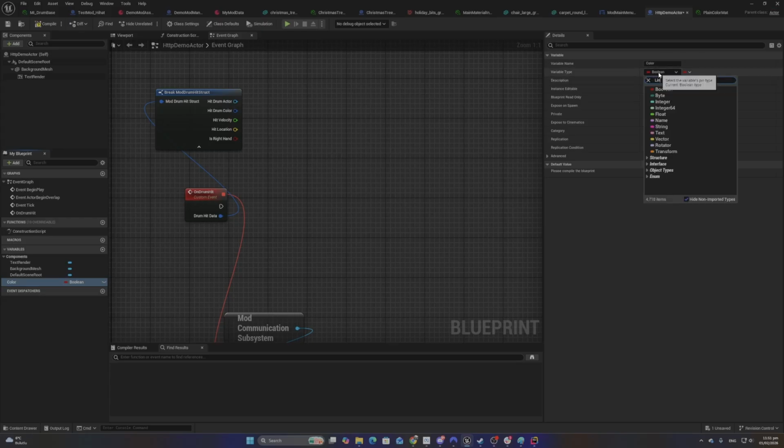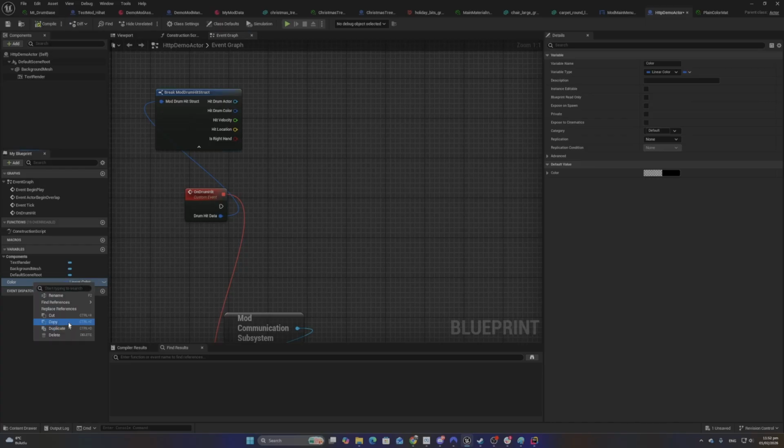So what I did was create a new variable. Sorry, sometimes I just get lost and do things quite fast. I create a new variable by clicking this plus sign here, and it defaults to a boolean type, which is not the one we need. Once you click on it, you can use this drop down to set it to linear color and just compile it. And you can rename this to hit drum color, right? Okay, so we can just set this